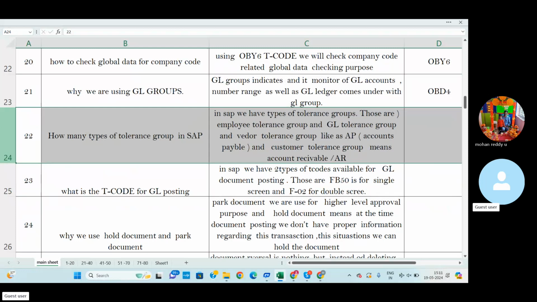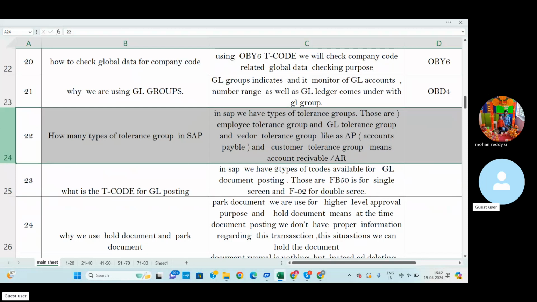In a group of companies, there are a number of employees. One employee has only one company code tolerance, assigned to only one. If we assign one employee tolerance group to one company code only, then he will post the entries and generate the report at that one company code level only. If we assign a particular employee user ID tolerance group to different company codes, then the employee can post entries company code wise, as well as generate the reports for the different company codes.